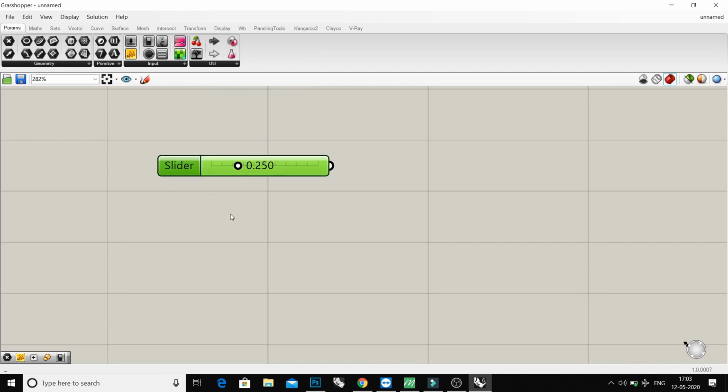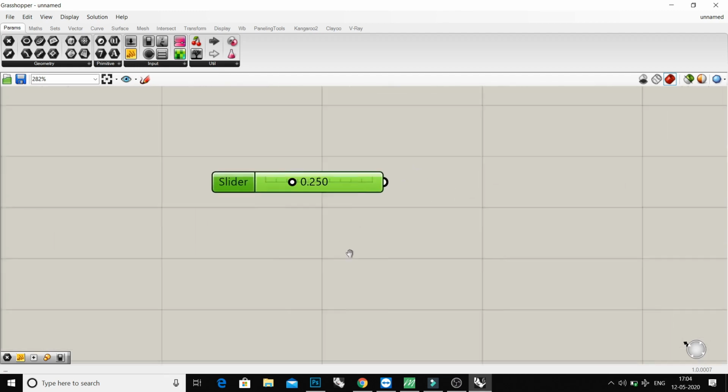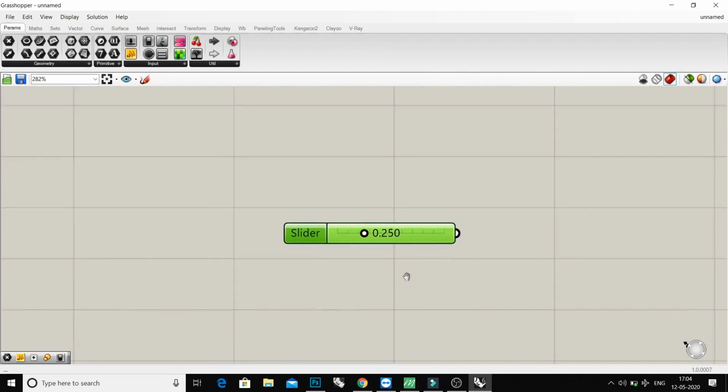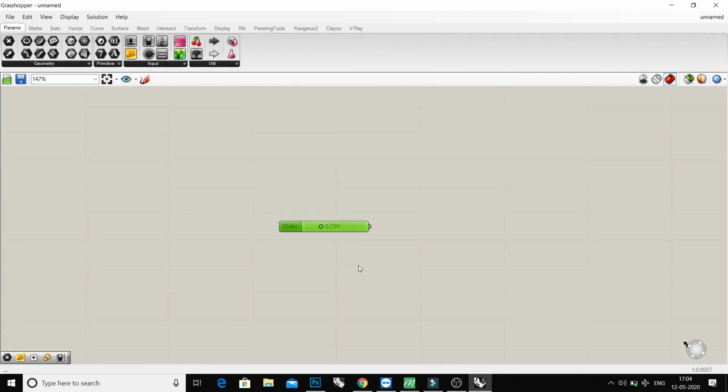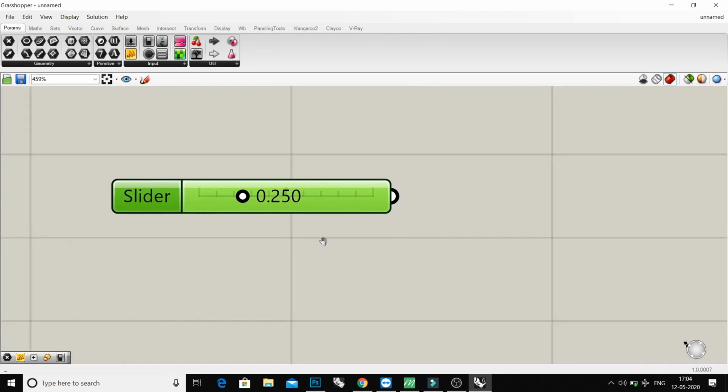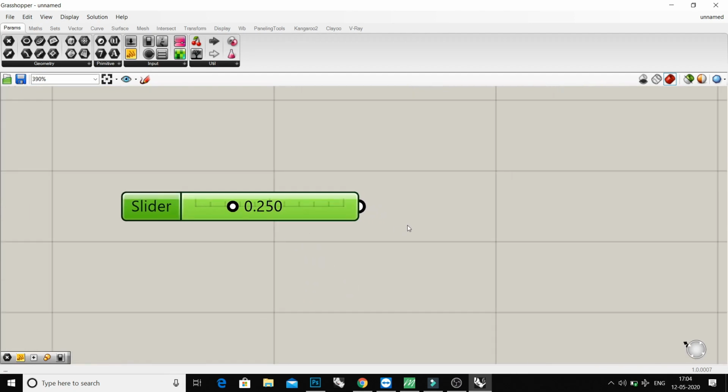Also I want to tell you something about the canvas. If you want to pan the canvas, just hold the right click button of your mouse and pan your window. If you want to zoom, just scroll up and down like this. Okay, and I want to take a component called addition.